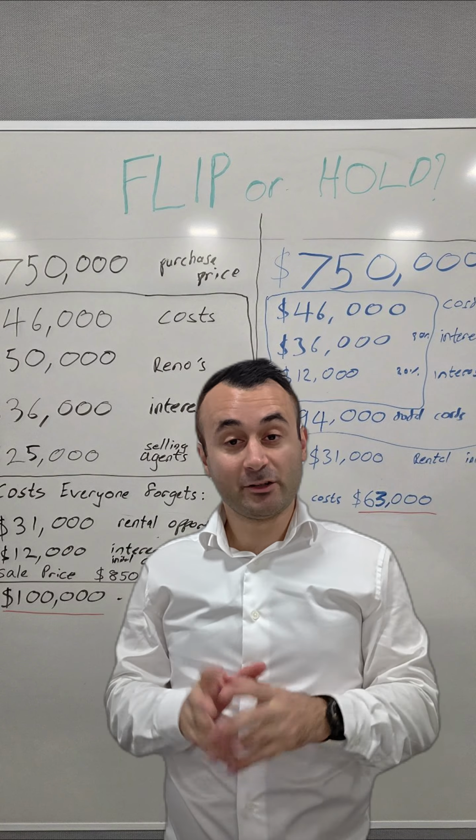So he bought the house for about 750, but it's a little bit lower, but we'll just keep it at 750. When you add up all those costs, it comes to 157,000. Now, a lot of people also forget the opportunity costs. When you're renovating a property for, let's say, 9 months, and it takes you another 3 months to advertise it, market it, and sell it, settlement delays, etc., you've also lost rental income. So when you also add in the potential rental income that you would have received on this property,